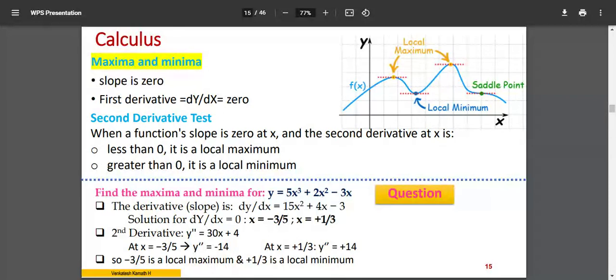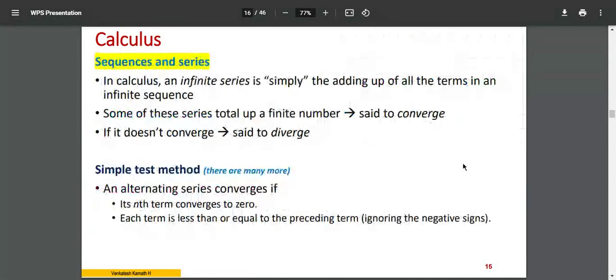You can see it on the graph here. Saddle point means there is no minima, no maxima. That's the meaning. If it is a non-zero value, then there should be a maxima or minima possibility there for the second derivative. So this way you will identify whether there is a minima or maxima, and by solving for the value of x using the first derivative equated to 0, you can identify that point, and at that point you can tell whether there is a maxima or minima. So these kinds of maxima and minima problems you can expect. That's the usual sequence.